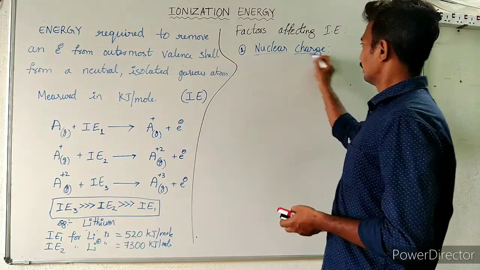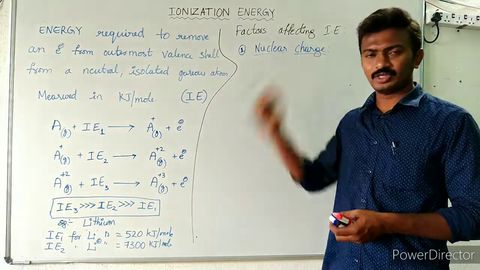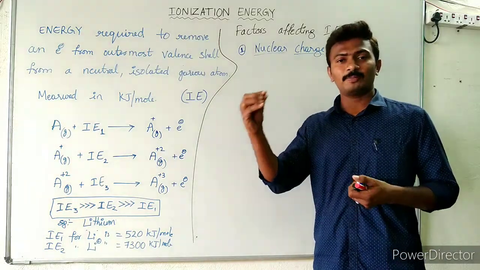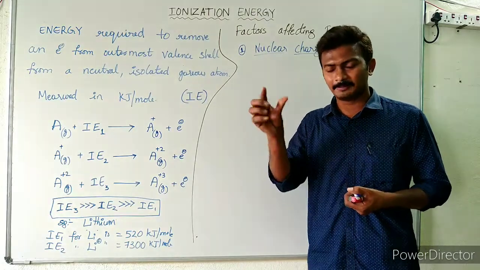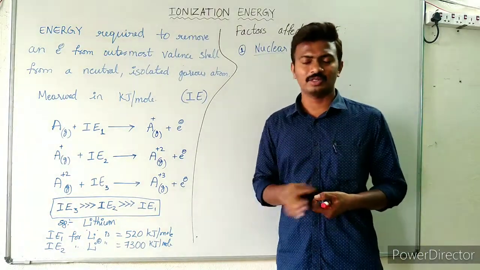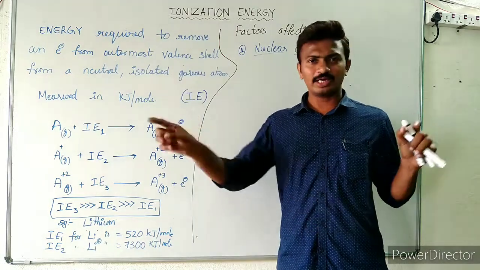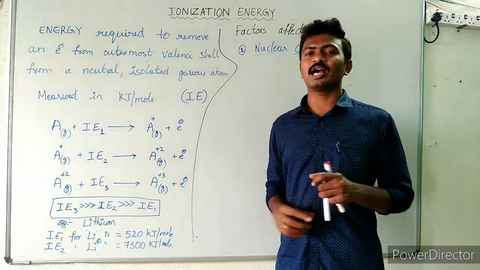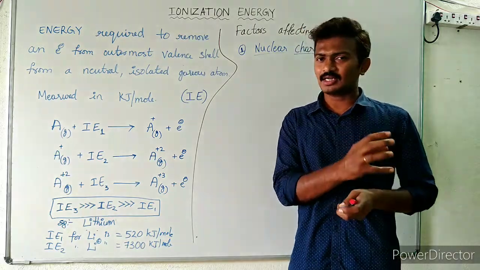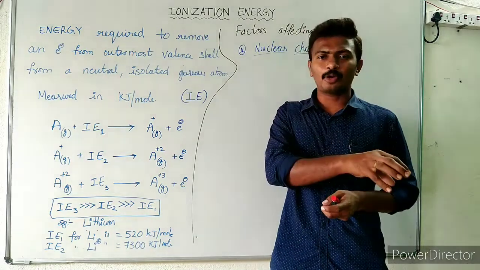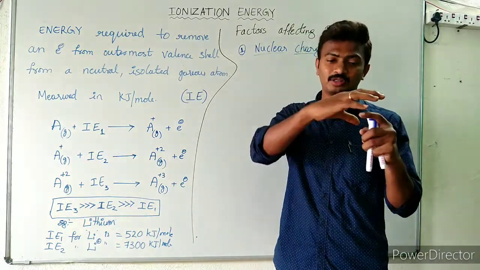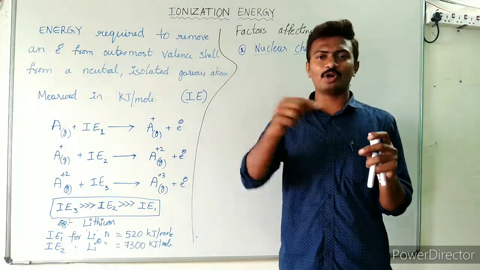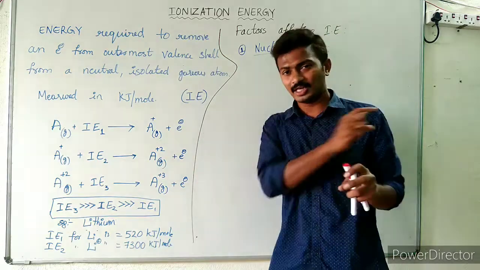Just now, in the case of first, second and third ionization energy, we have seen this nuclear charge. As we move from left to right in a period, if you take particular period elements like first, second or third period elements, what happens? The atomic size decreases due to the increased nuclear charge. Due to the increased atomic number, the number of protons increases, whereas the electrons are added to the same shell. That means the electrons keep being added to the same shell as we move from one element to the next in a period.